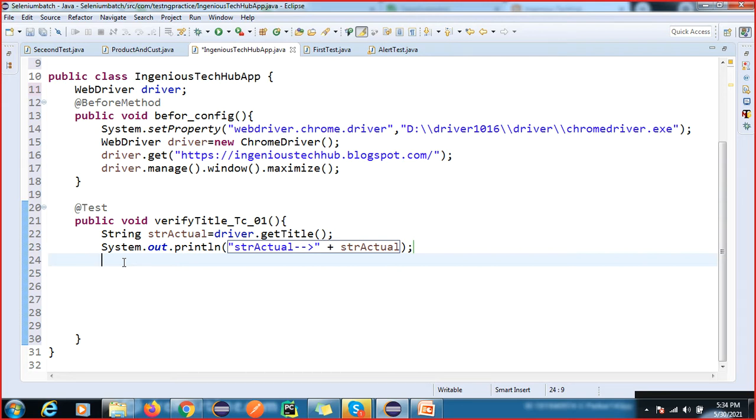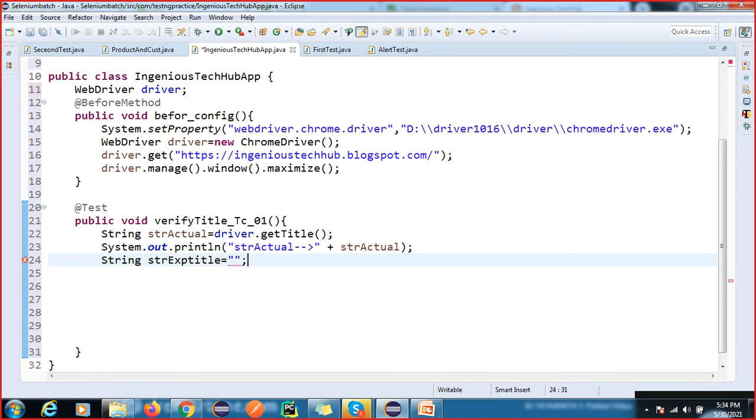Okay, so now this is your actual string, and here expected string, title equal to.